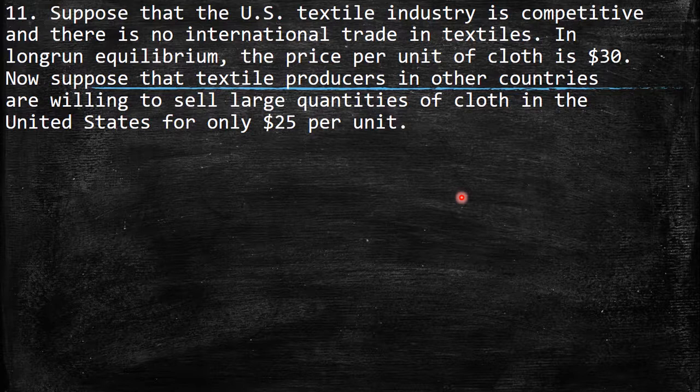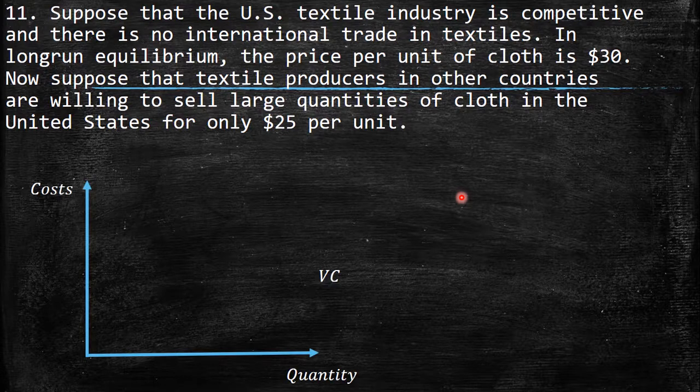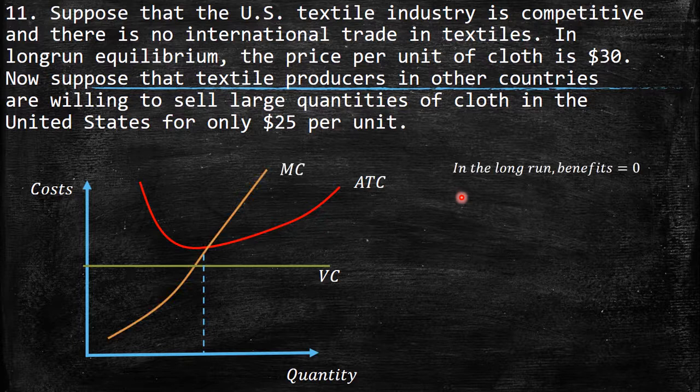Now suppose that textile producers in other countries are willing to sell large quantities of cloth in the United States for only $25 per unit. So automatically, when this kind of price is in the market, you need to offer this good at the same price. So then you will face immediately